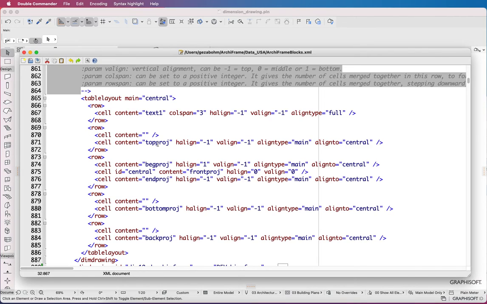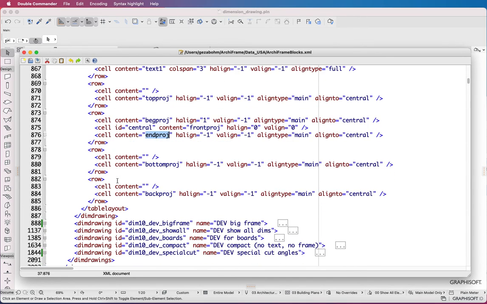Then in the second row we have the top projection, so it will be below the text. Then the third row contains more projections, the beginning, the front projection, and the end projection. They will be beside each other because they are in one row in different cells. Lower there will be the bottom projection in the next row, and finally the back projection, so they will be below each other.